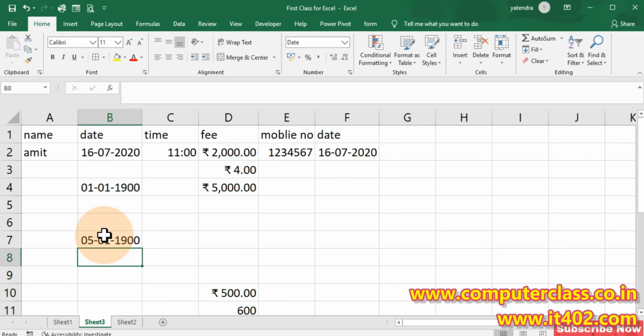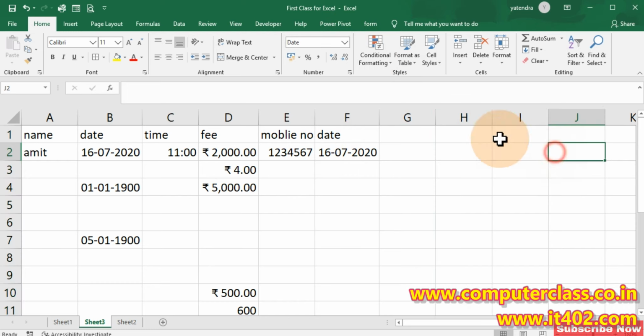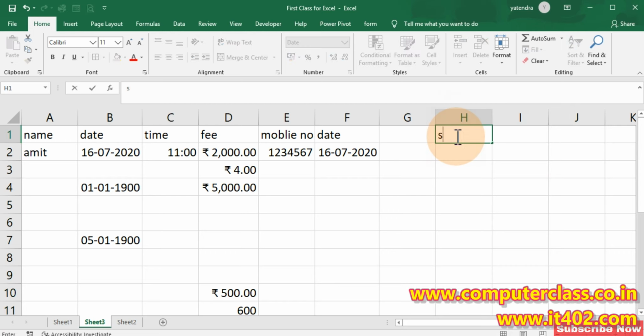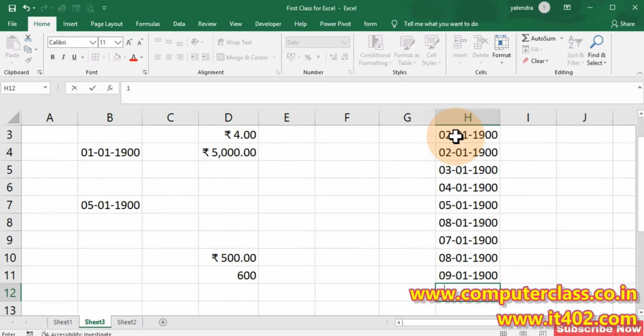So this is probably one of the most common problems, because sometimes when we try to write in a cell, like this is column number H and it is empty, and we want to write a name here, or a serial number, and if we try to write 1 2 3, it is automatically changed into the format of a date,